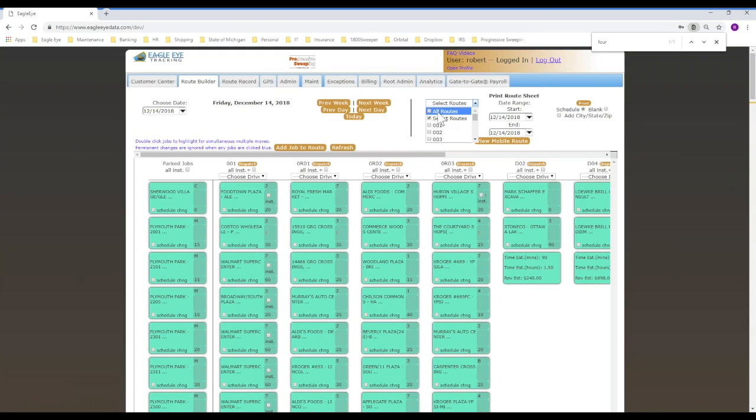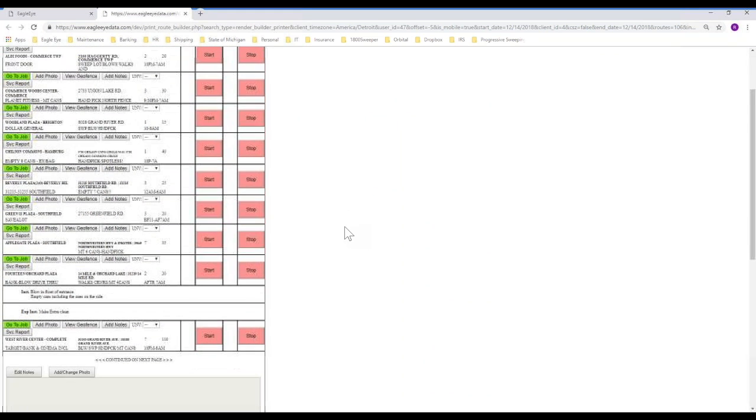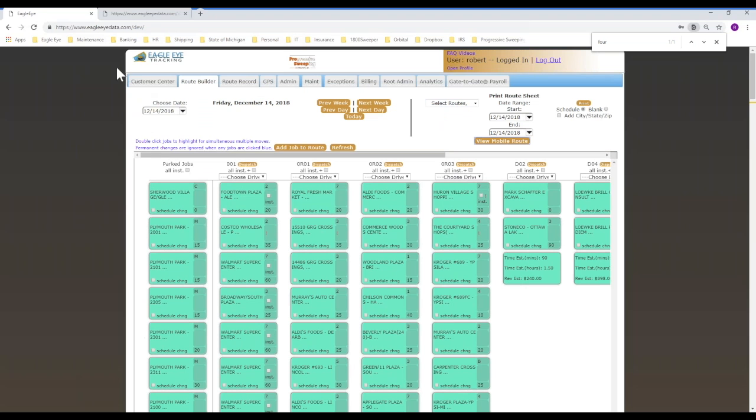And now if I go look at OR02 and select View Mobile Route, then we can see our instructions are here and our expiring instructions are here. Then if we want to go again, this is also done on Monday. So if we go to Monday's date,